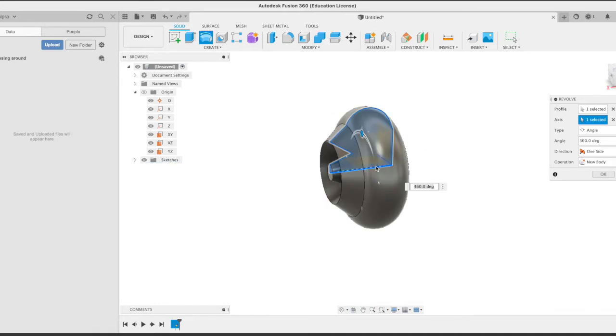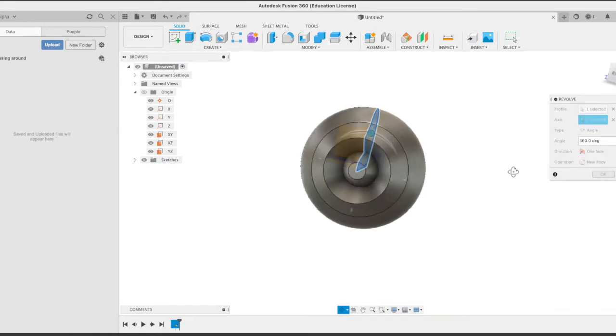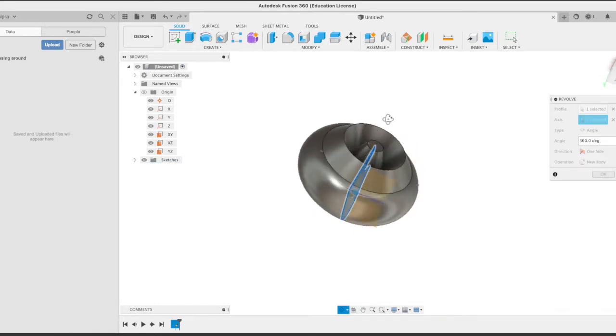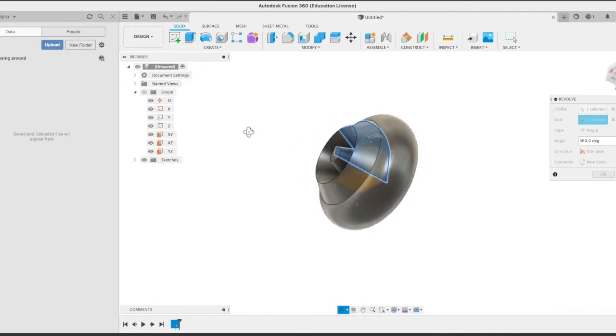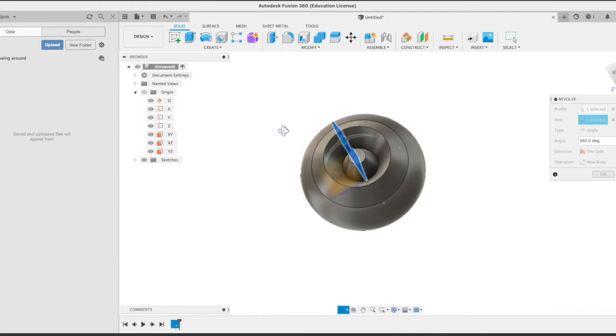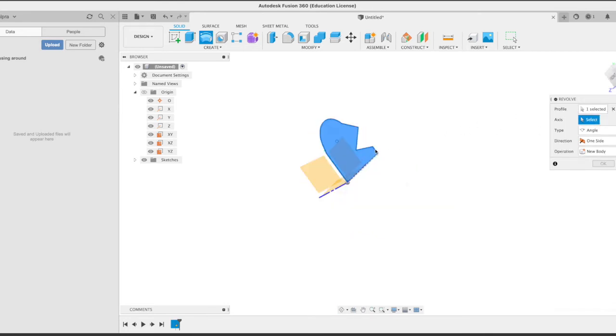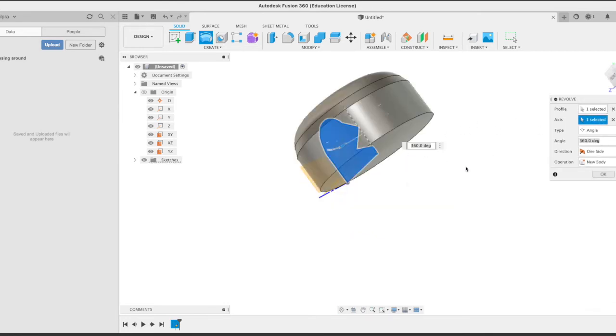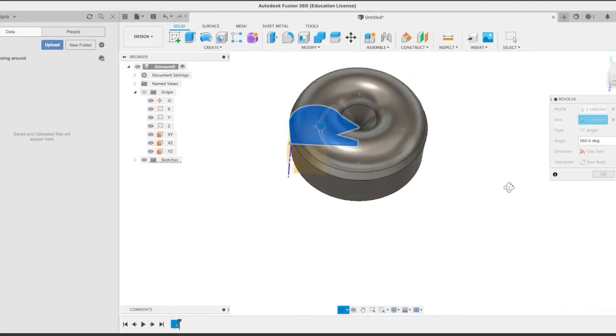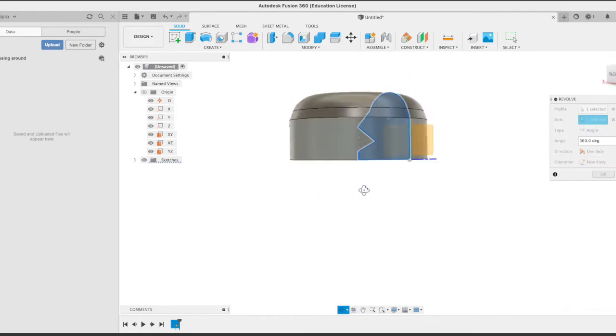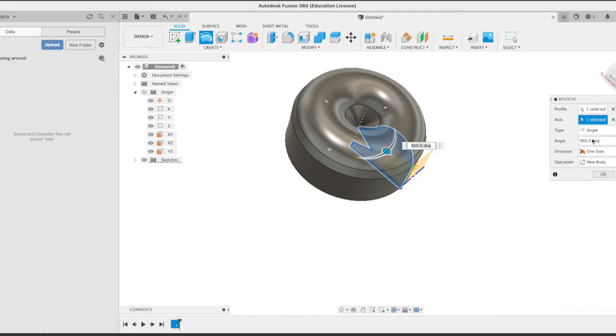If I click here, then I get something, but a very different something. Got one of these, whatever that is. That's kind of nice. Sometimes, depending on which line you click on, you get different results. You don't see it, but there's an opening in the middle. And you can also play with the